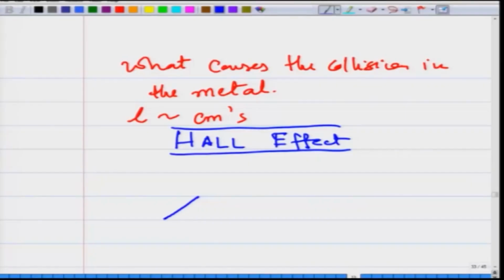In the Hall effect, you take a very thin film of the material, so that the electrons are basically moving in one single plane. Consider the plane of the screen, and the electrons are moving only in the plane of the screen. It is a very thin film of the metal or the material. So, you have a very thin film of the material,